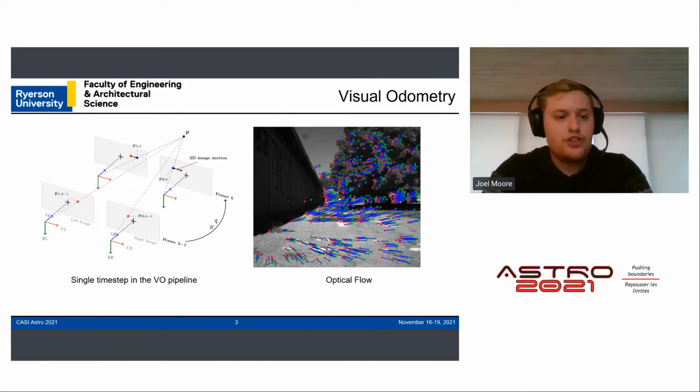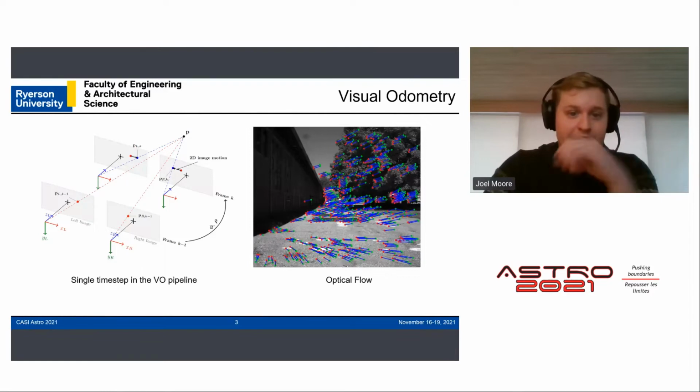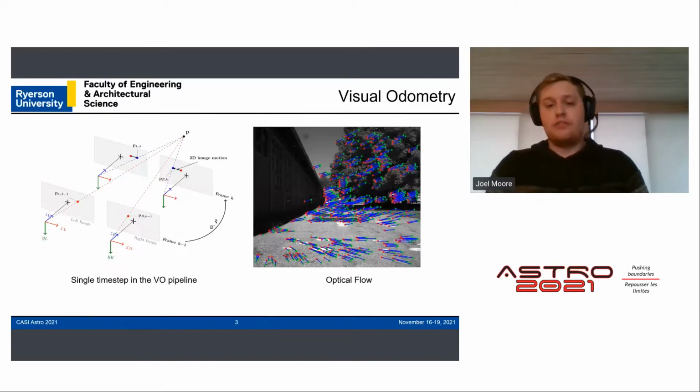So the left figure here shows a single step in the visual odometry pipeline. The red dots indicate the projection of the landmark position in the left and right stereo pair at time k-1 right here, while the blue dots represent the landmark projection at time k, after an arbitrary rotation phi, a 3 by 1 vector, and translation rho of the cameras. The association of features in the individual stereo pairs provides depth information, while the temporal feature association,